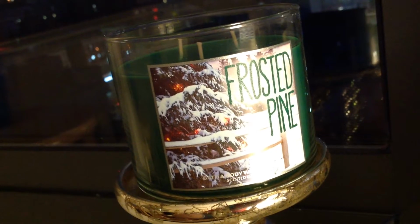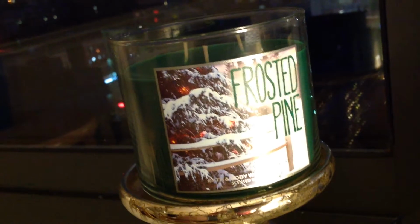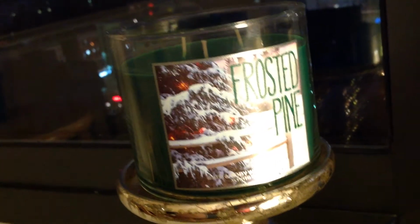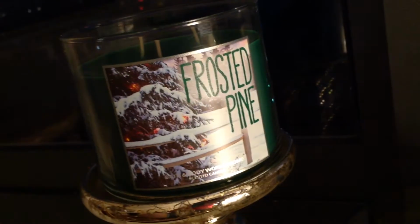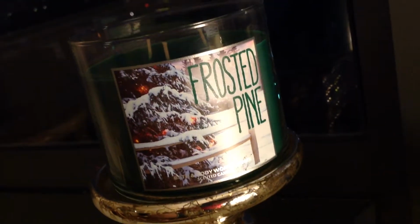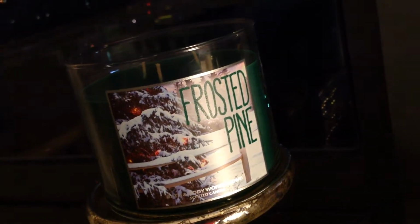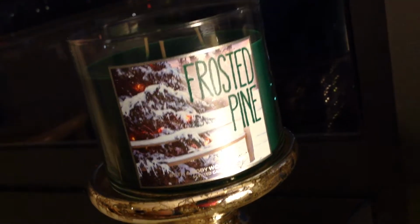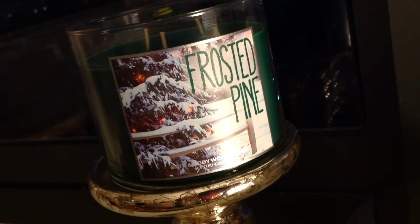It almost reminds me of something that could have been in the Slacken & Co. Forest collection from a little over a year ago. Now, Evergreen, again, is a pure, bright, true, classic evergreen. There is a lot of evergreen in this, but it's less bright. It smells dirty in the way that if you were to bend down at the base of this tree,